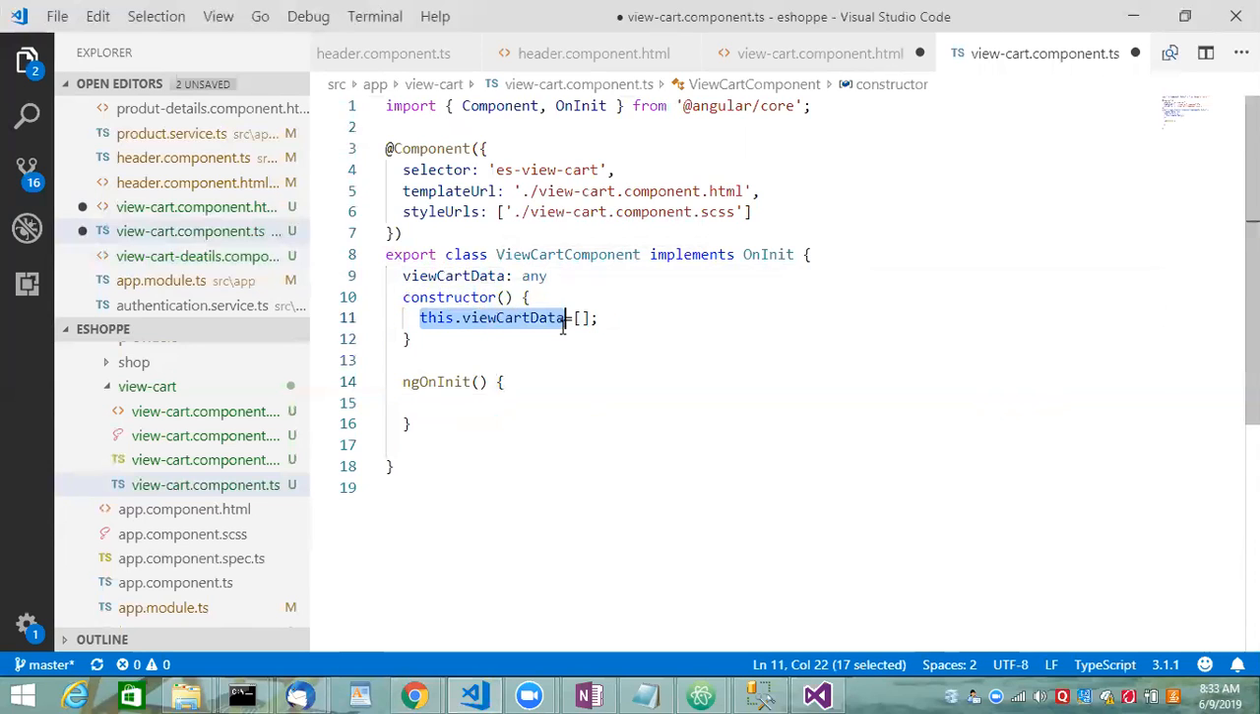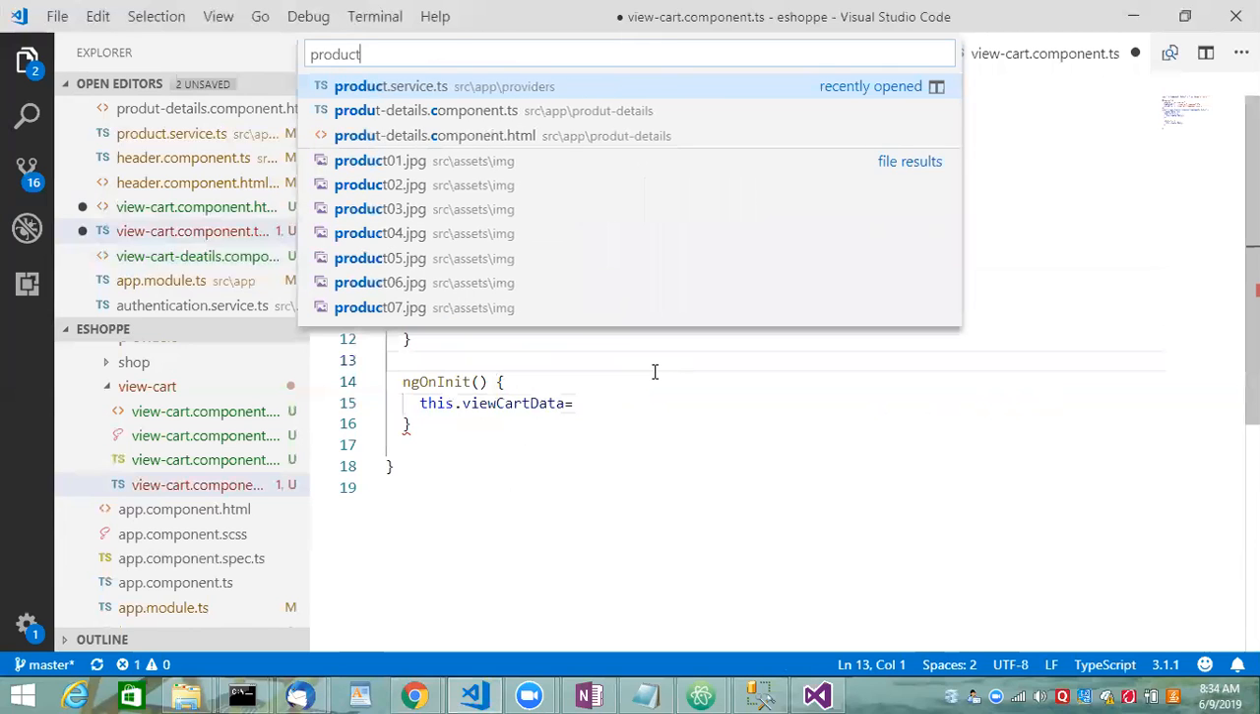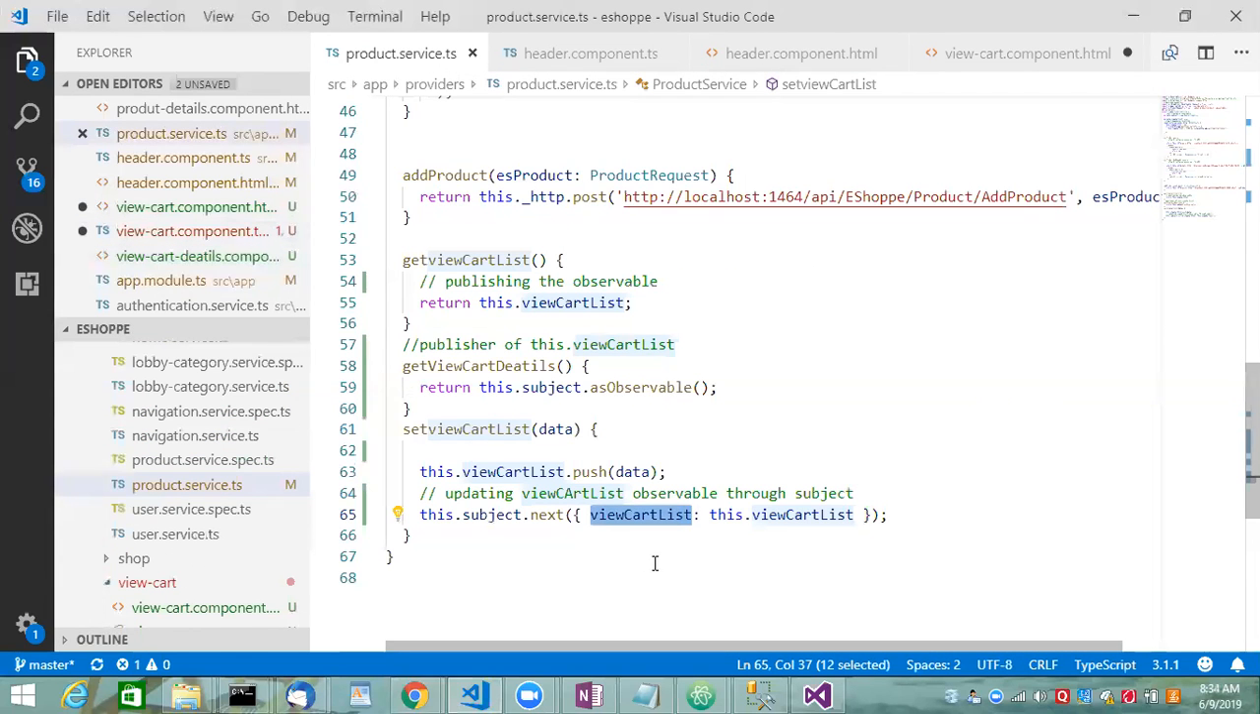And see the beauty of the code. Here I can say is equals to, technically I should read it from my service only. I should not be doing the local storage at the component level, right? I should take care of that part. So let's go to product service and see, can I check the data from there? So see here, I have this observable that I can listen to. I have this view cart list also,